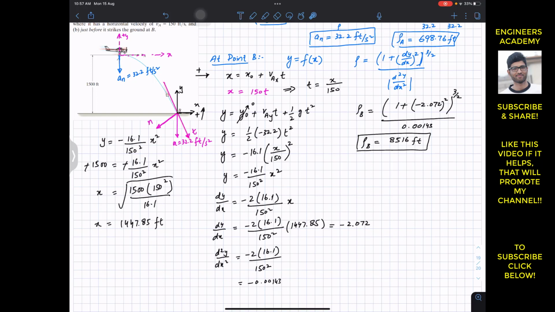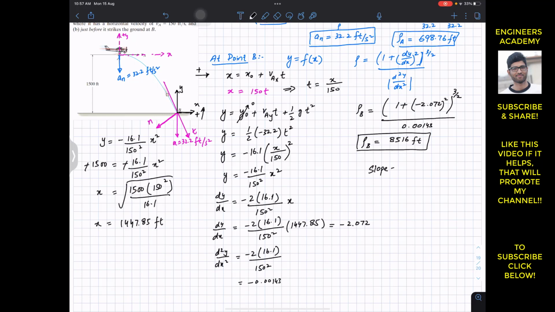So from this we can say that the slope of the tangential axis, tan theta equals to dy by dx, is equal to minus 2.072, and from this we can say that theta is equal to tan inverse